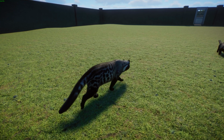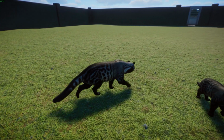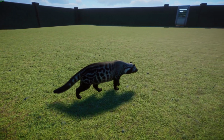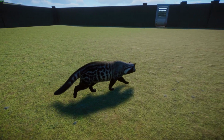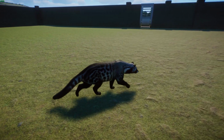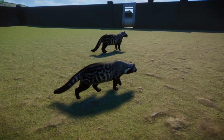or 16 inches. And also, both females and males have a perineal and anal gland, which is bigger in males. It allows them to spray things and mark areas of their territory, and also tell everyone, oh yeah, I'm ready to mate. So these guys, as I mentioned, typically sleep during the day in tall grasses, and then they occupy lots of different habitats such as savannas, forests, even rivers and stuff like that, where they will go out at